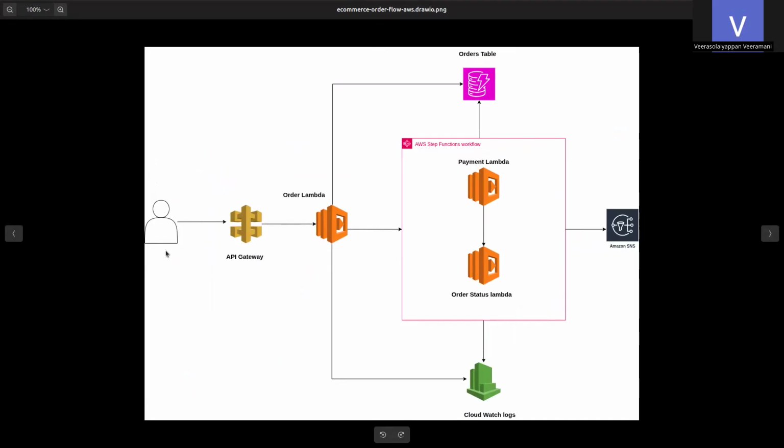A user will hit the API Gateway. It will send a request to the order Lambda. The order Lambda will first create the order ID and record in the orders table. Once that is done, it will invoke the AWS Step Functions workflow. In that Step Functions workflow, it has a payment Lambda, which will have the payment related